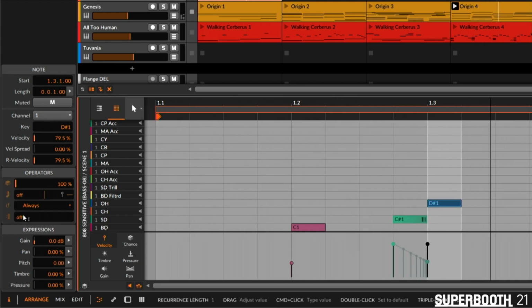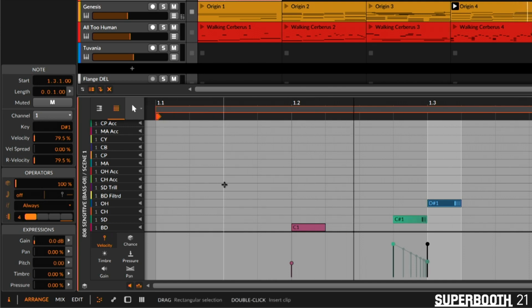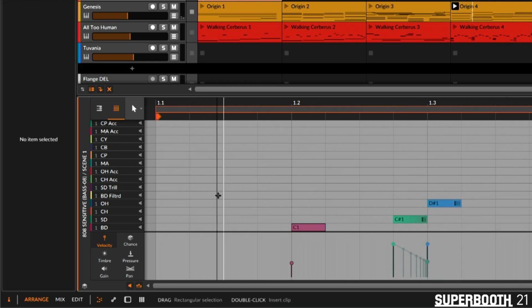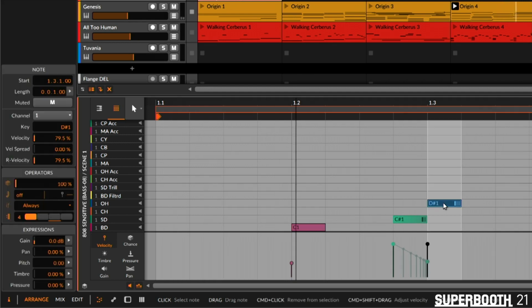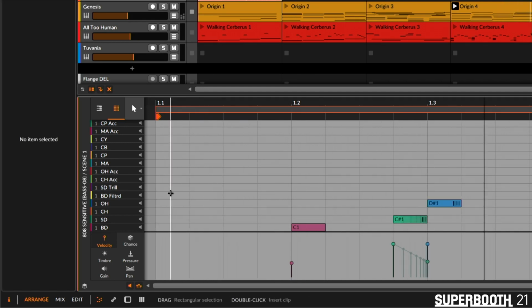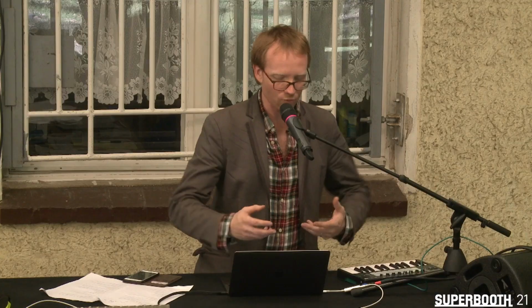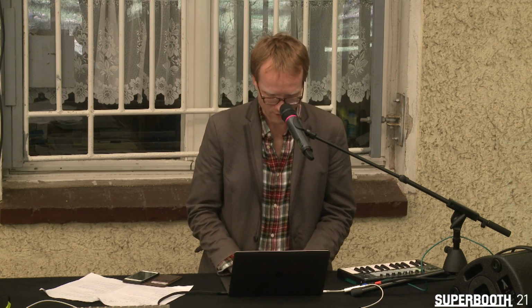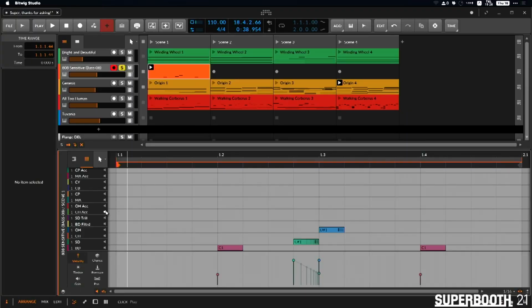And maybe this open hi-hat could benefit from something similar. Okay. So now, if I deselect it, take a look at these notes. They look dim. Oh. And now they're happening. So there's something in the visualization already that's showing me when these are going to happen and when they're not going to happen. And for my money, when you actually get something like that where you can actually see the sound before you hear it, it feels more like an instrument. It feels more like something that you can perform with. I would humbly submit.